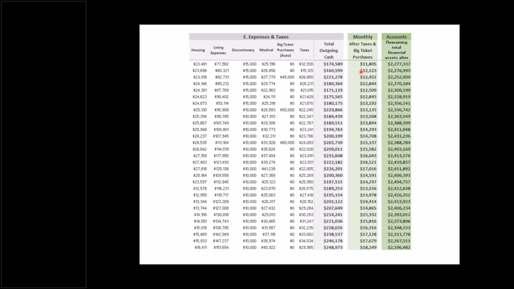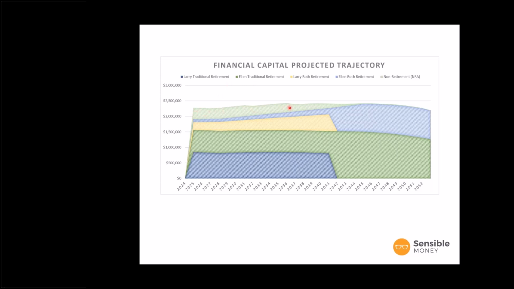And then we can see this monthly amount, which is after any potential auto purchases. And so that is kind of a gut check, right? So are we spending about $12,000 a month? That is what we're going to have to budget with. Now we're going to have to pay for our healthcare premiums out of that and so on, but it allows people to compare that to their take-home pay now and say, okay, do these numbers add up? Now, if this is what Larry and Ellen decide to do, then we see their projected trajectory. These are their different account types.